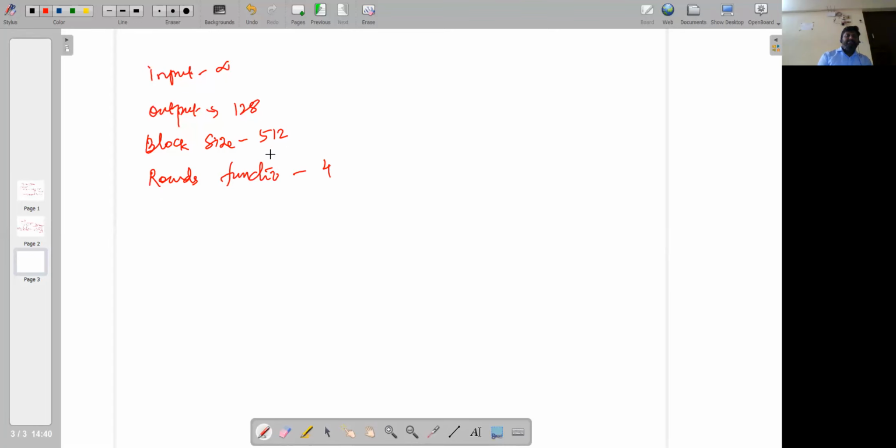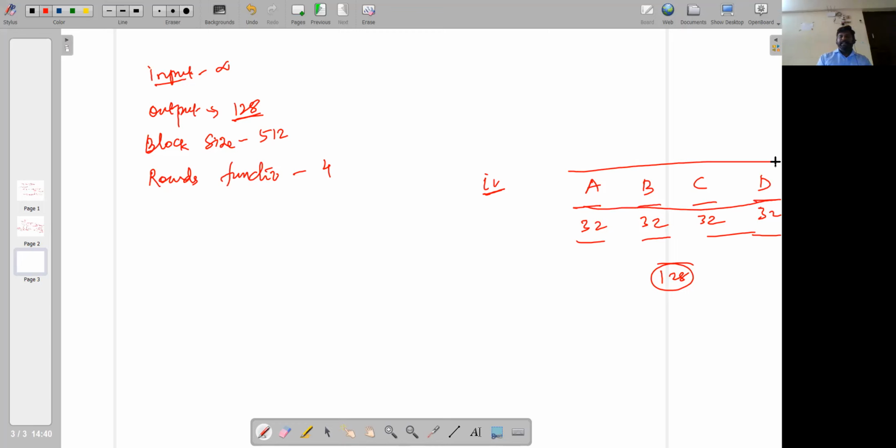And this 128 bit initial vector I was talking about has 4 registers, each register capable of storing 32 bit values. So in total ABCD makes 128 bits. All the initial vector values are stored in the ABCD registers, which are 128 bit in size, so that is called our initial vectors. And followed by,